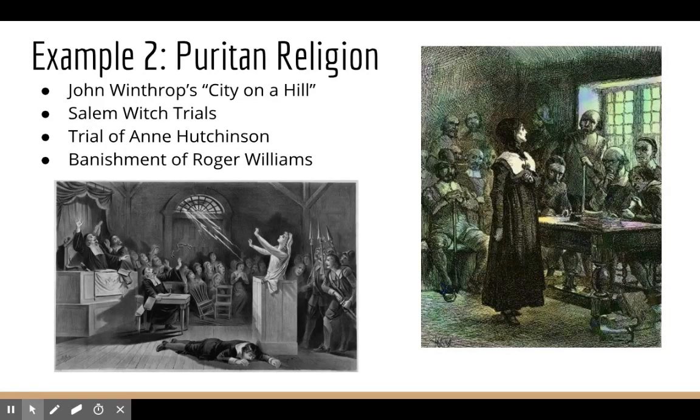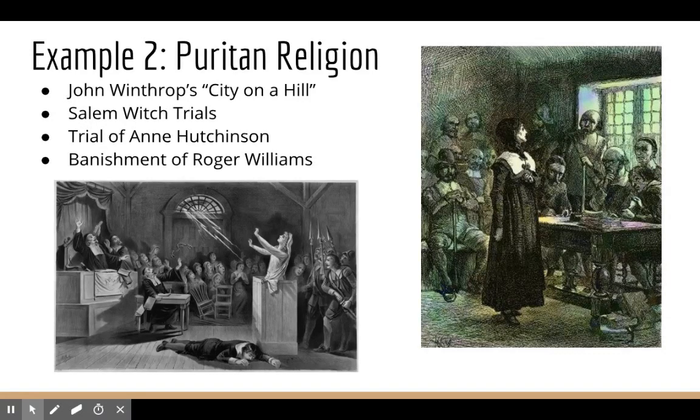We also have a very famous trial of Anne Hutchinson. She was a midwife and religious leader, and she spoke out against the church, following Puritan pastor John Cotton's teachings, and she was accused of heresy because she was a female questioning the male church elders. She was actually banished from the Puritan community, and that's an example that a lot of people followed in her footsteps. If you disagreed with the leaders of the church, you were banished, because she believed she had a personal